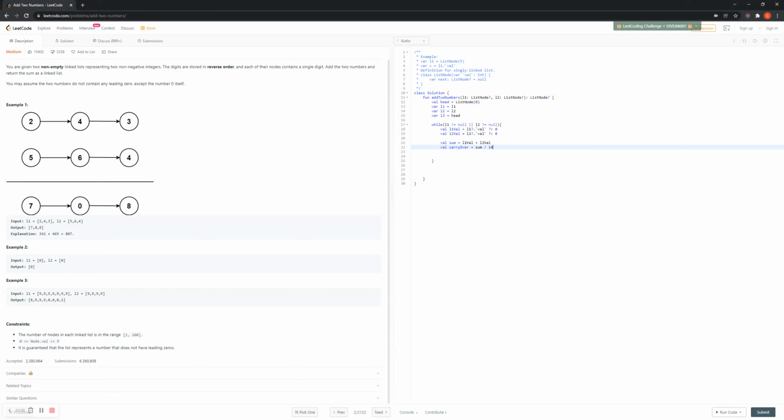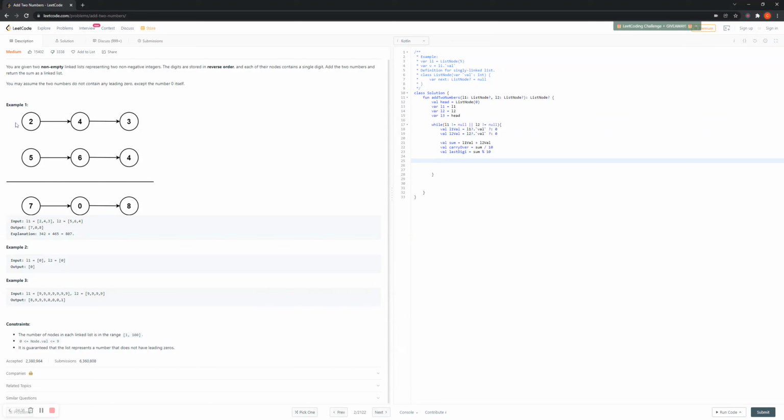Because all these are integers, when you divide by 10, let's say if it's above 10, it will return a 1, or return a 0, and we can use it for the next one. And then we also want to get the last digit, which would be the sum mod 10. So whatever you mod 10, if it's 15, it will return 5. And then 5 would be the value we want to